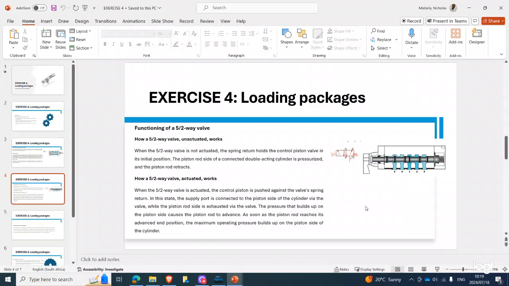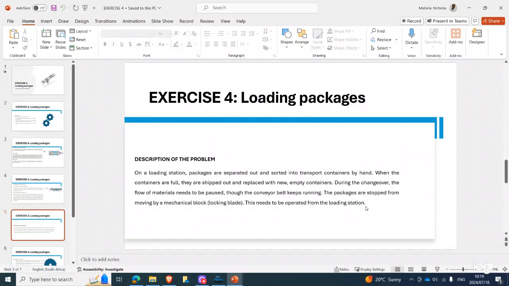So it will always retract back to its original position, right? So now moving on to the problem, right? So now they are saying on a loading